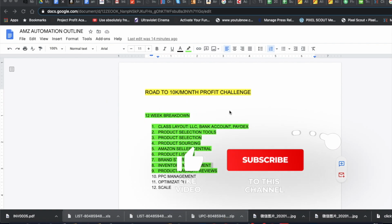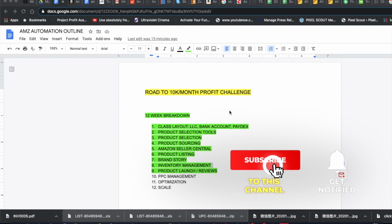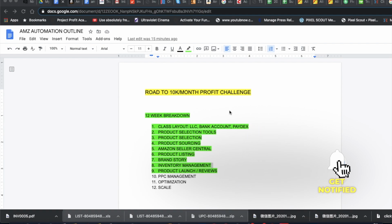And again, what we've done so far, which you can see highlighted in green, is creating my LLC, my bank account, my PIDX profile that will allow me to optimize my cash flow with a 0% interest rate from $0 to $100,000. Then we have our product selection tools that we went over, which is number one for me would be Zombies, which is going to allow me to